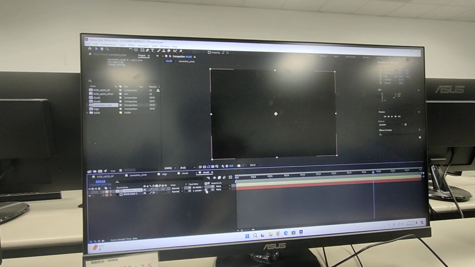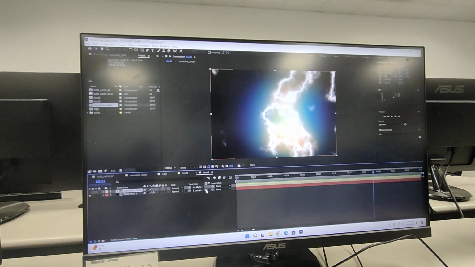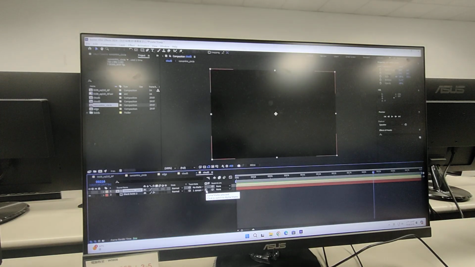But these guys just select alpha mate as the default setting. Oh my god. Okay, so we have to change to Luma mate by ourselves.